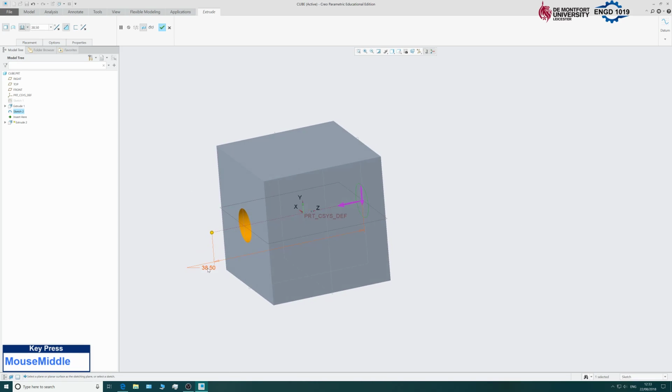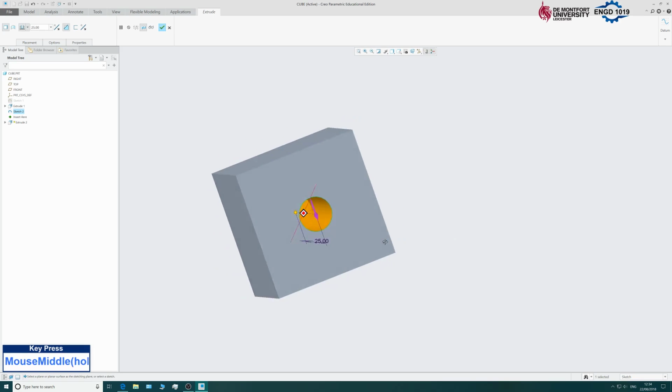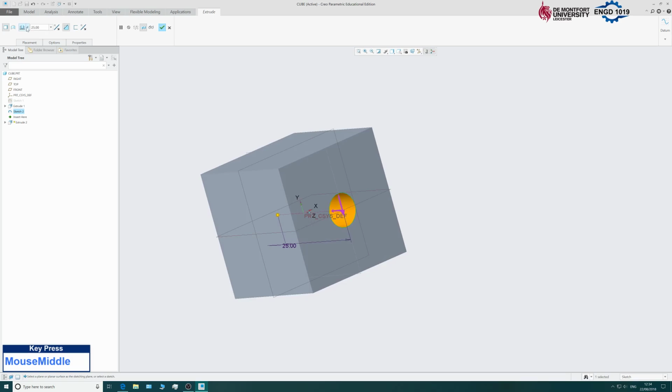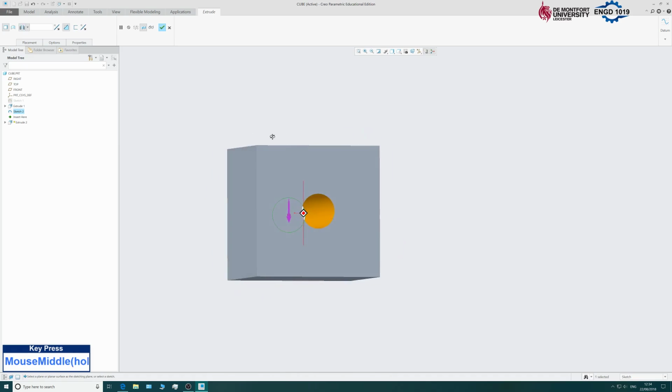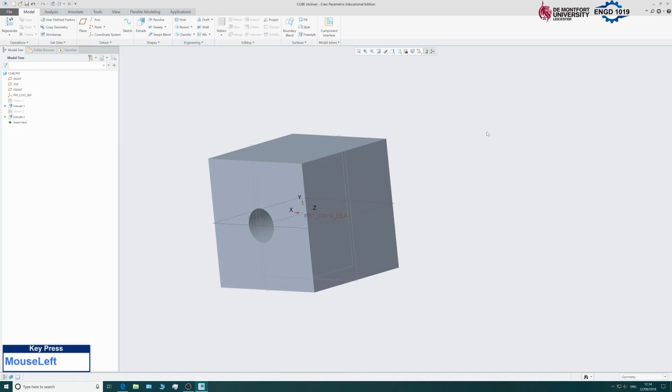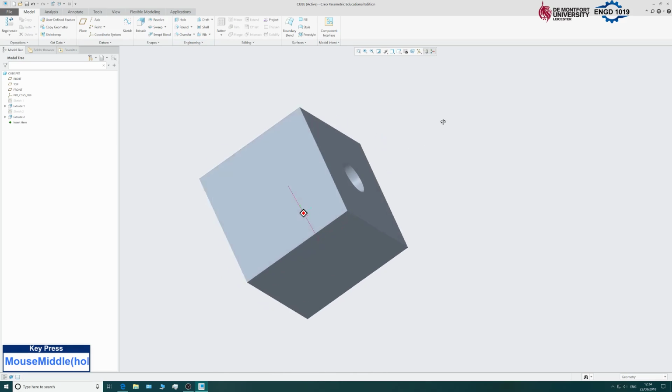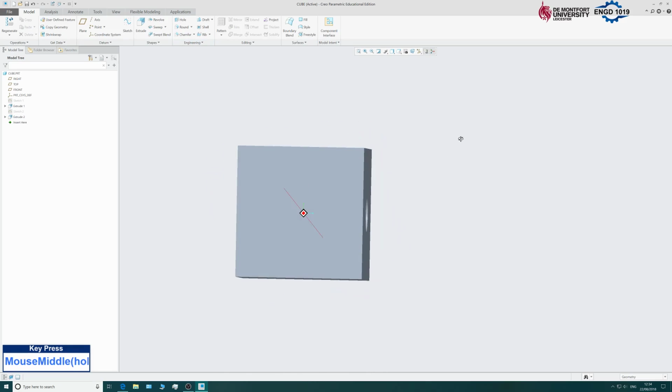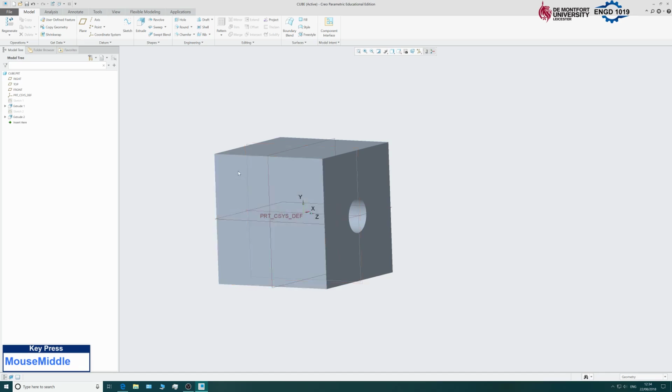You could explicitly tell it how far to go, or if you come to this little dialog box at the top here, it has certain features, so you can tell it to go all the way through your component. Okay, so that's just through everything. So that's our first hole, and I'm just going to use the same process to create one on this face